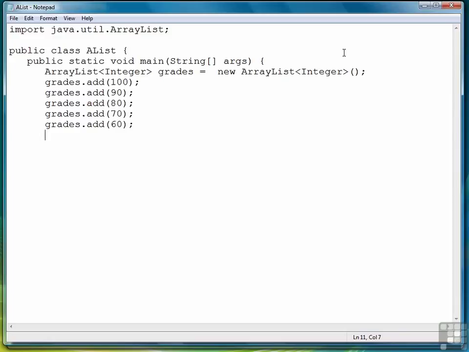Now that we've added the elements to the array list, we're ready to access them. We access them via the method get. Get will take an index argument and will return the element at that indexed position. So let's write a for loop. Well, first of all, let's create a variable total to store the total of the grades. Then let's write a for loop